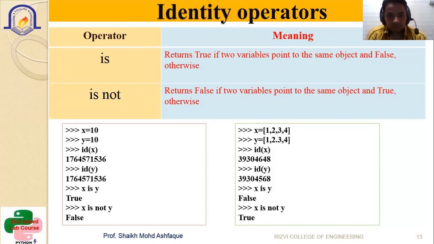ID is the method to find out the ID of that particular variable. Like for example, we have seen the type, right? Type of x is used to find out the data type of x. Similarly, ID is basically your identity, used to find out the identity of the variable, where it is stored. Identity means the address where it is stored. For that purpose, the ID method is to be used along with your variable, so it will give you the location where it is stored. Hope the answer is clear. Yes, sir.